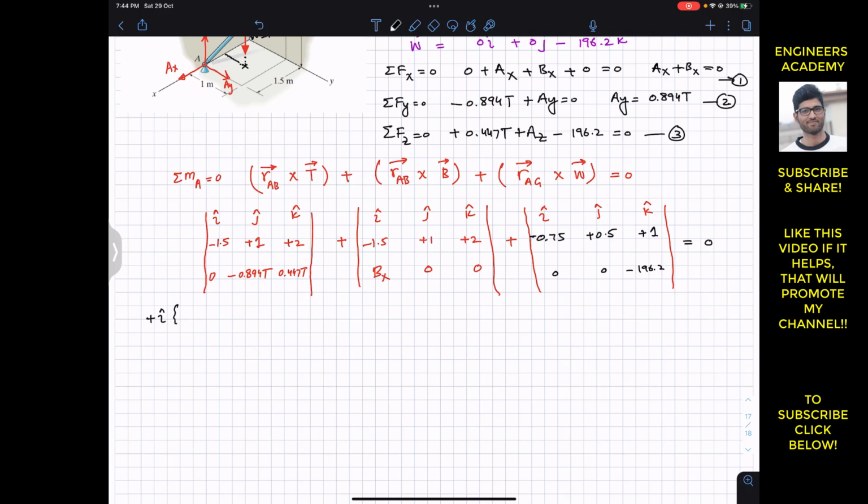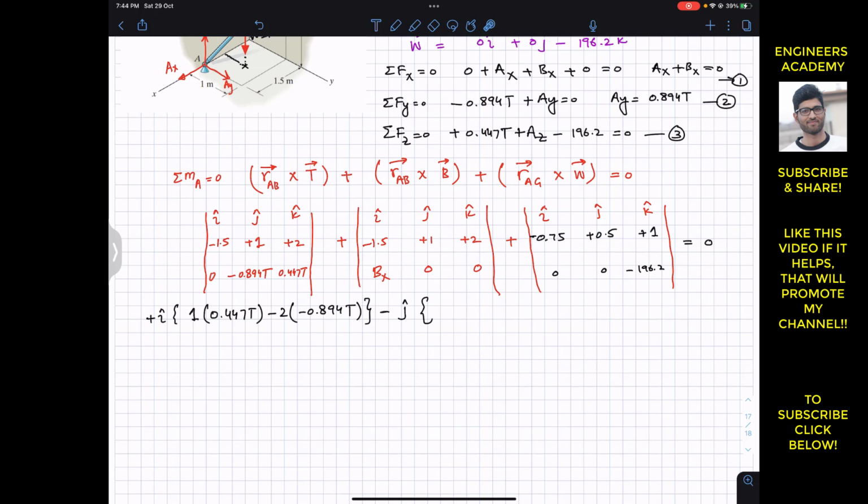So 1 into 0.447t minus 2 into minus 0.894t. This is the determinant method, right? And then this is for i. Then for j, we have to hide this, and this minus into this minus this. And with j, while finding the determinant, we always write a minus sign. So minus j,